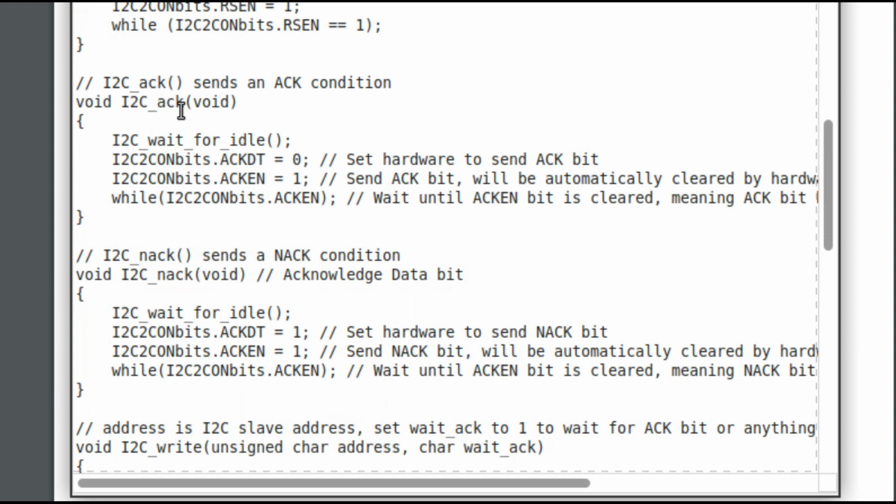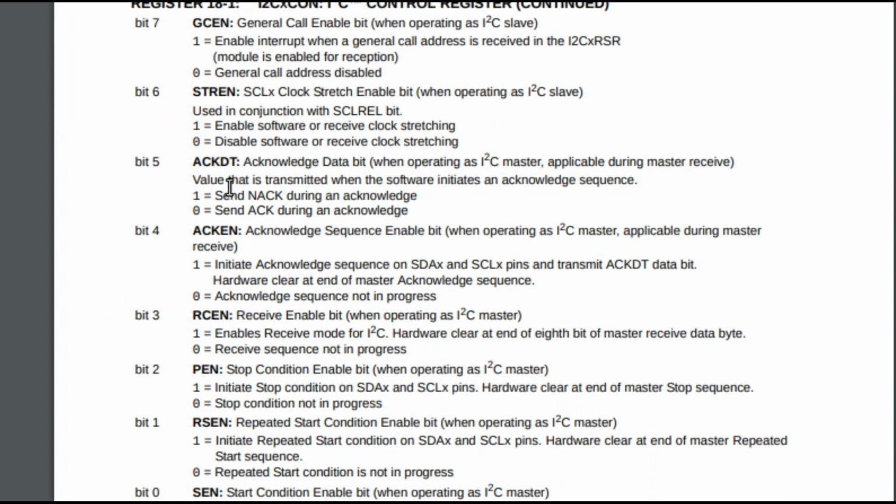I2C acknowledgement. Wait for idle. In the control register, we will set the acknowledge data bit. This value is transmitted when the software initiates an acknowledge sequence. Send not acknowledge during acknowledge if it is 1. If this bit is set to 0, send acknowledgement during acknowledge.